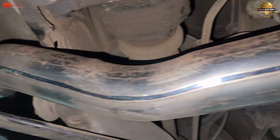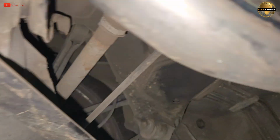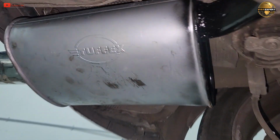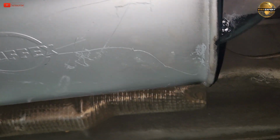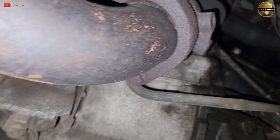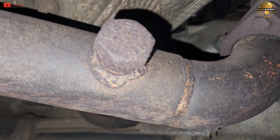Got it all in. At least now it's hanging on its brackets. Hanging on the bracket there. We've got a big silencer. It's not a free flow. Duffix silencer. This one looks more like a free flow, but yeah. And then the pipe continues, and then up in there. But I see there's a